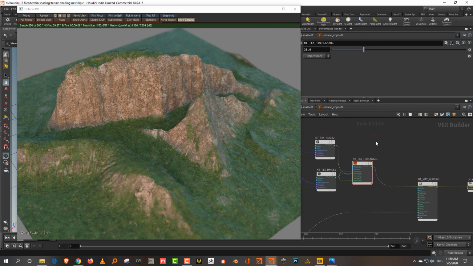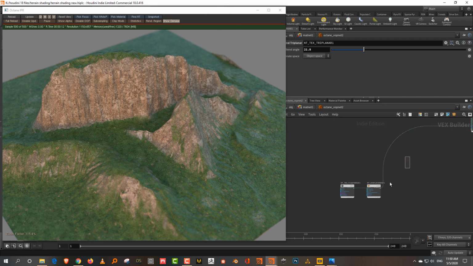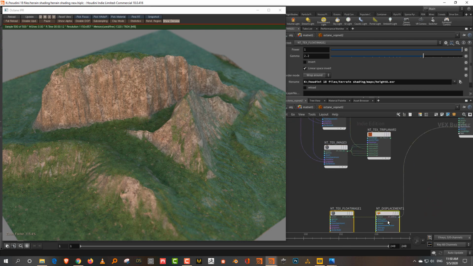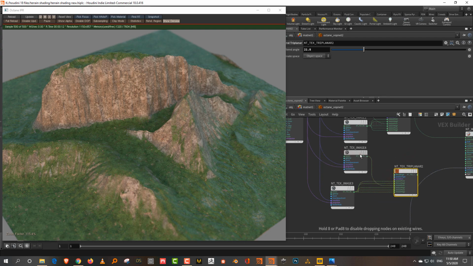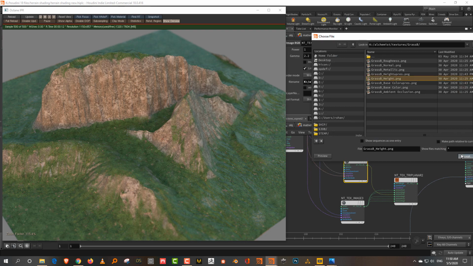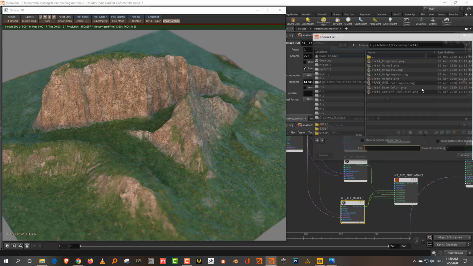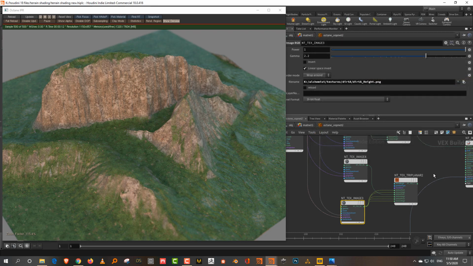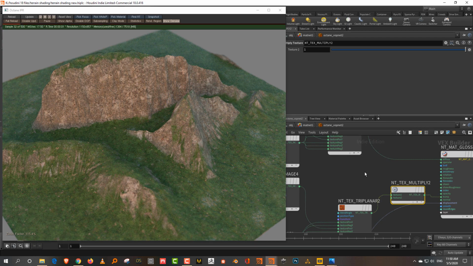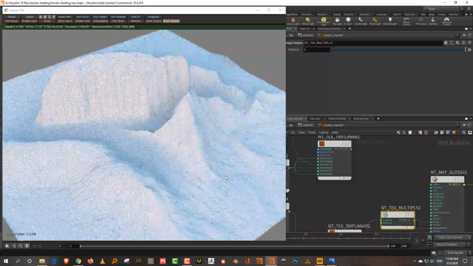Now as a final thing, I can create a bump map for this. All you have to do is duplicate the first 3 nodes. I can take this much, do Control C, Control V, and replace the basic maps with the height maps of this. So I can take the grass and plug it into height, and take this guy and plug this into height as well, and put it through a multiply so you can control the bump amount.